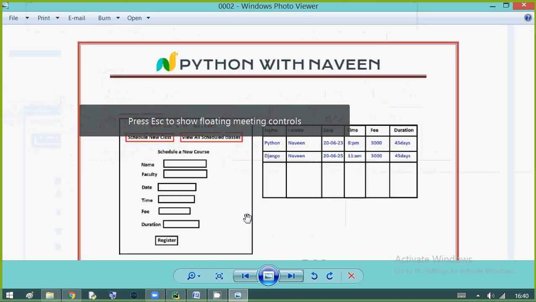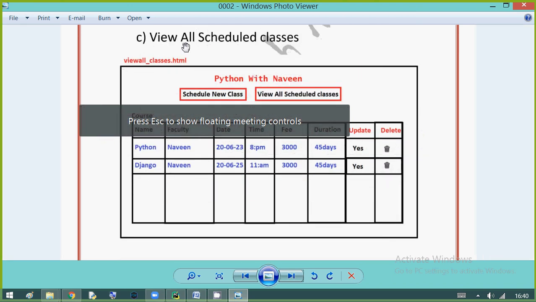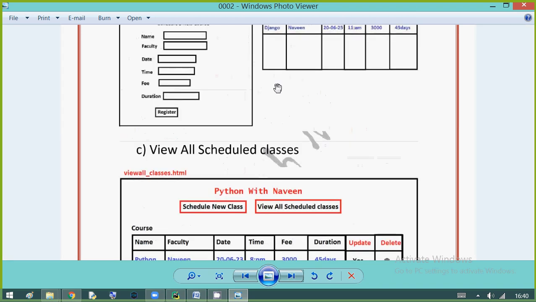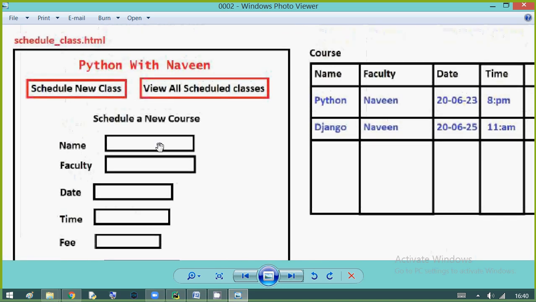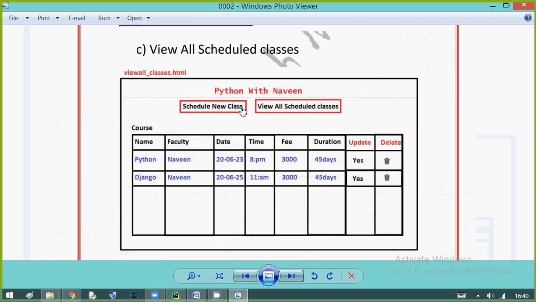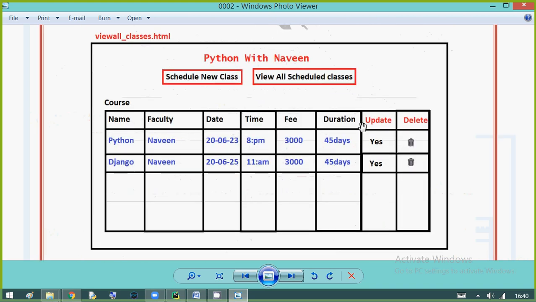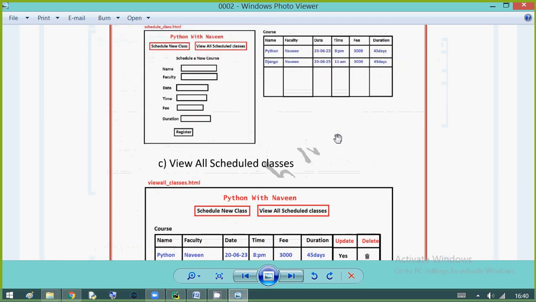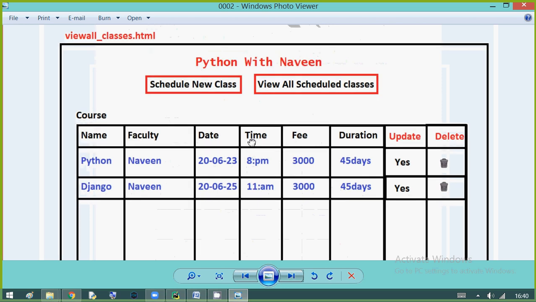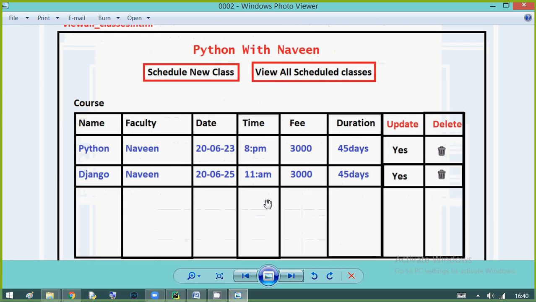Right now you can see here, once we have registered all the courses, when the admin clicks on view all scheduled classes, simply he can see the result like this. Whatever you have saved in the database is going to be shown in view all scheduled classes.